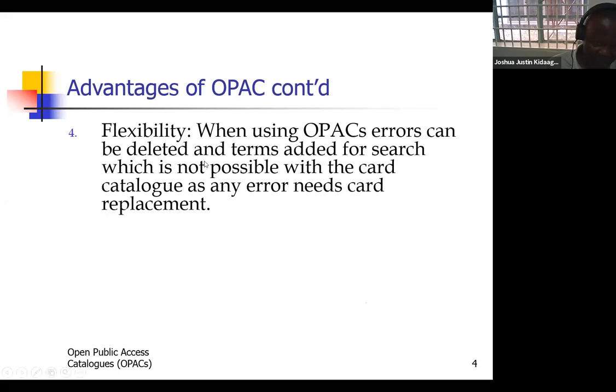So we saw this previously, where the card catalogs have that quality of flexibility more than the book catalog. But now we are seeing the online catalog as having that quality more than the card